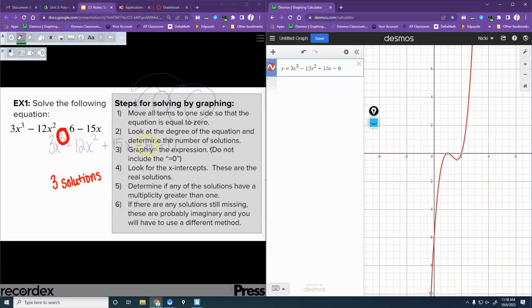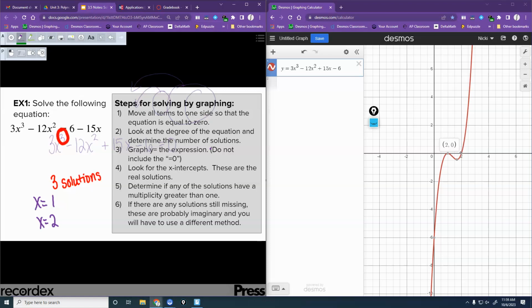So we're looking for when this will equal 0, which is the zeros of the function. It's the x-intercepts of the function, right? So I only see 2 of those here. I see one at x equals 1 right here, and x equals 2, and it tells me I'm supposed to have 3 solutions. Is that 3 solutions? It is not 3 distinct solutions, but I can't have 2 real solutions and 1 imaginary,